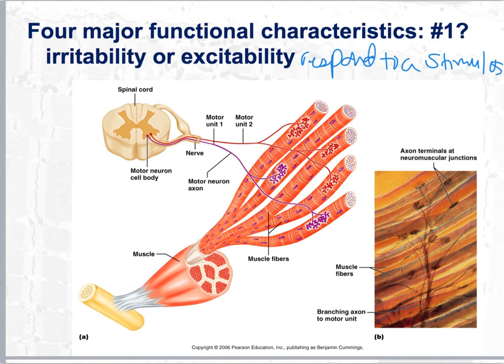We talked about smooth muscle being able to allow blood vessels to contract or dilate. So the stimulus in that case is a temperature change, and the response is to contract or relax in order to maintain body temperature. In a skeletal muscle cell,